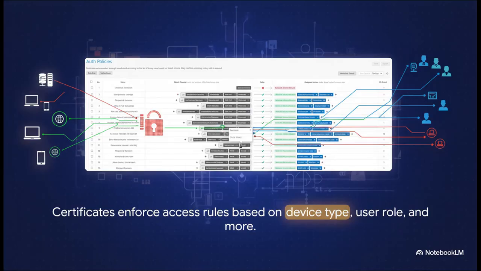Whoa, okay, I know this looks complicated, but don't worry about reading every single box. This is a policy engine, and it shows the real power here. An IT team can literally build rules that say things like, only a company-owned laptop that's fully patched, belonging to someone in the engineering group, can access this specific server. And the digital certificate on that laptop is the passport that instantly proves all of those things are true.